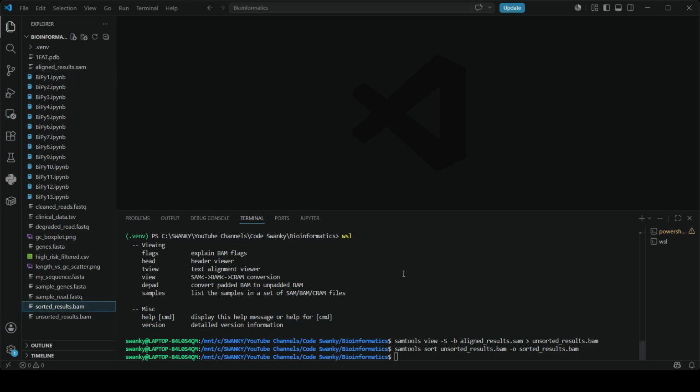Okay, so we are now at the final step. Do you remember when we ran BWA, the very first thing we did was index the reference genome so the computer could search it quickly? So we have to do the exact same thing for our sorted BAM file. What we will run here is samtools index, then the name of the sorted file,